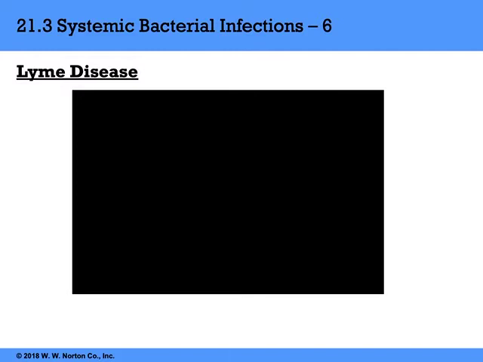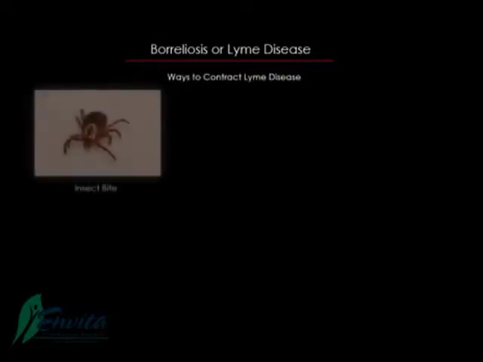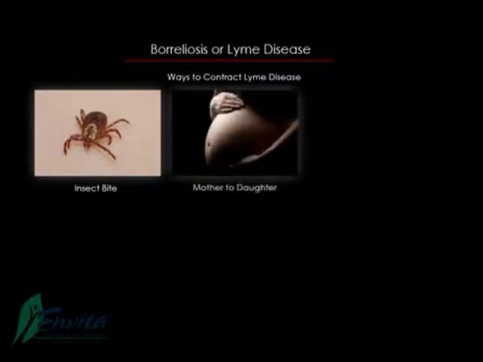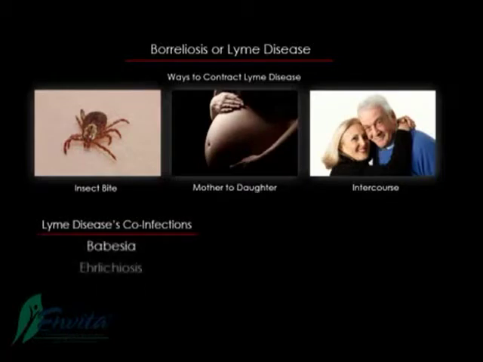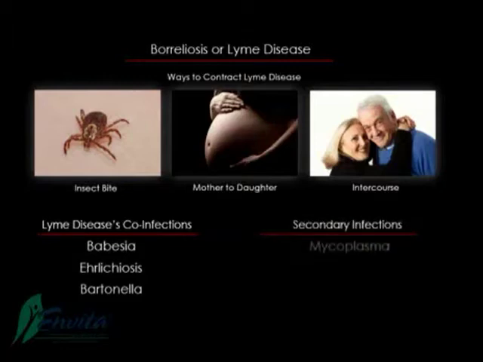Next, we'll talk a little bit about Lyme disease. There are three possible ways for Lyme disease to be transmitted. Number 1, by the bite of an insect or tick that transfers blood. 2, in a pregnant woman, from the mother to the fetus via the placenta. And 3, sexually transmitted. Lyme also contains co-infections such as Babesia, Ehrlichia, Bartonella, and secondary infections such as Mycoplasma, Candida,